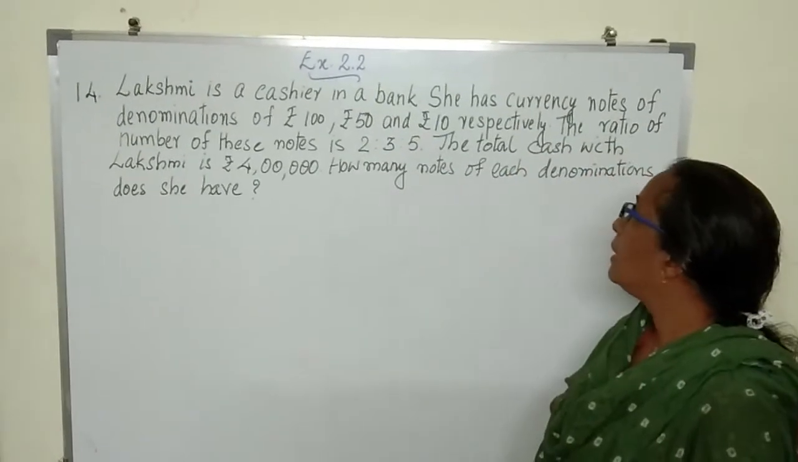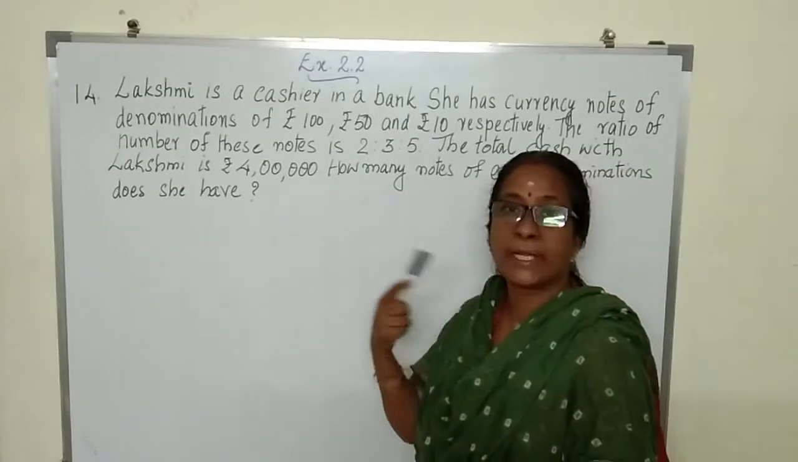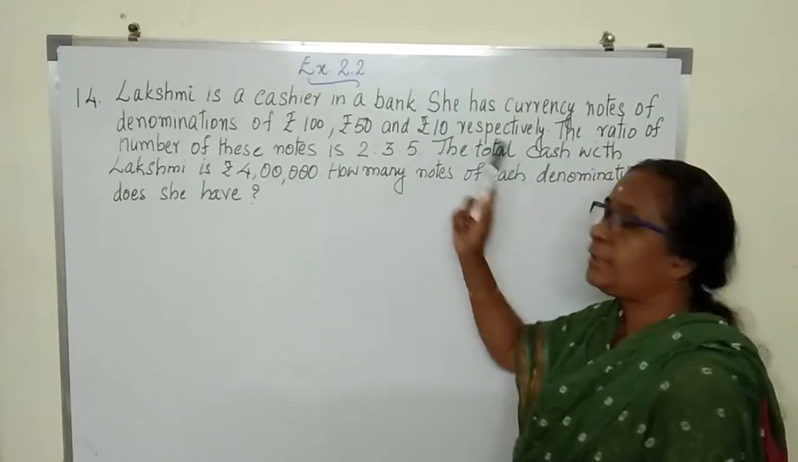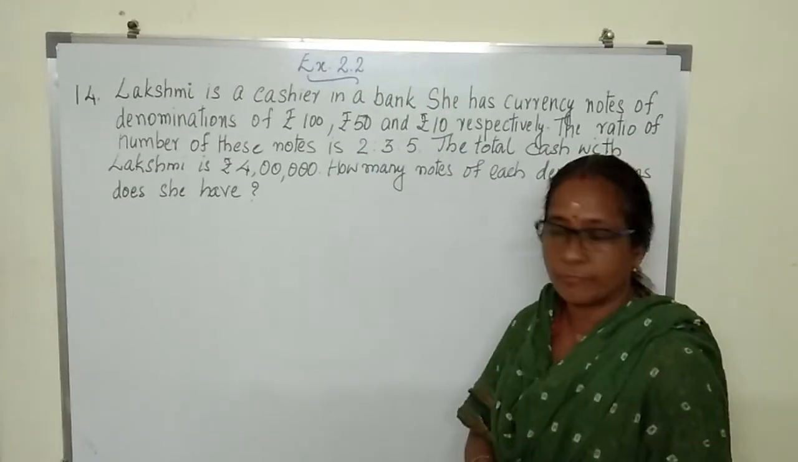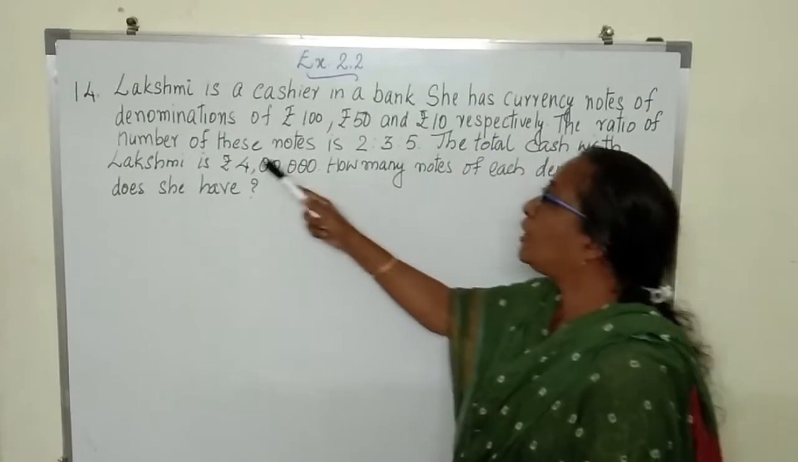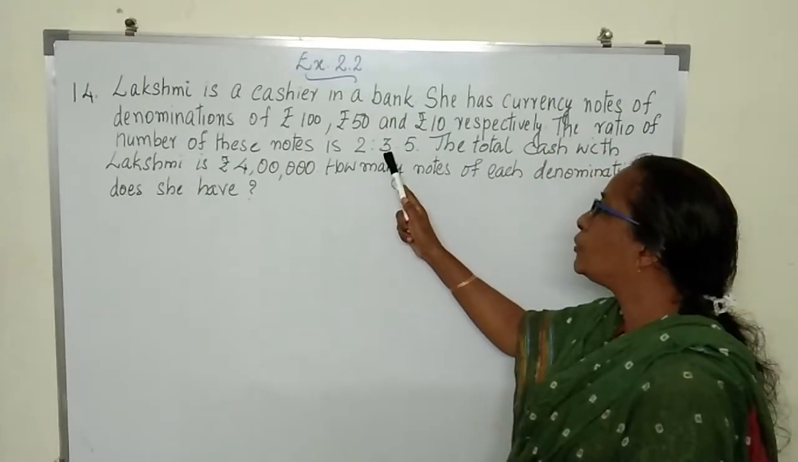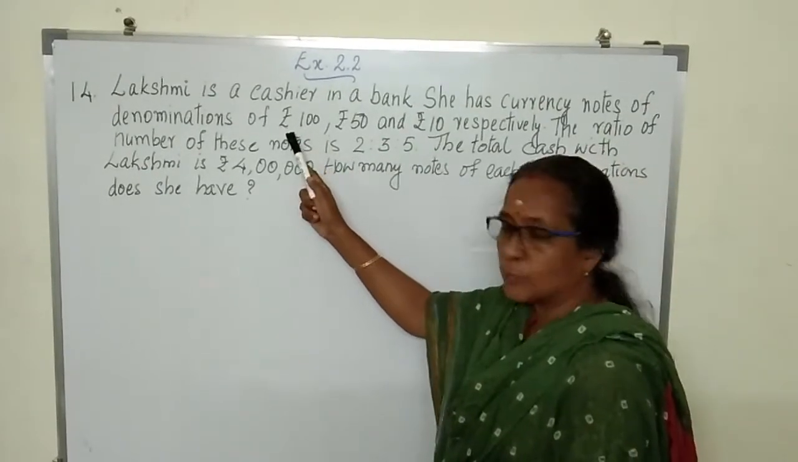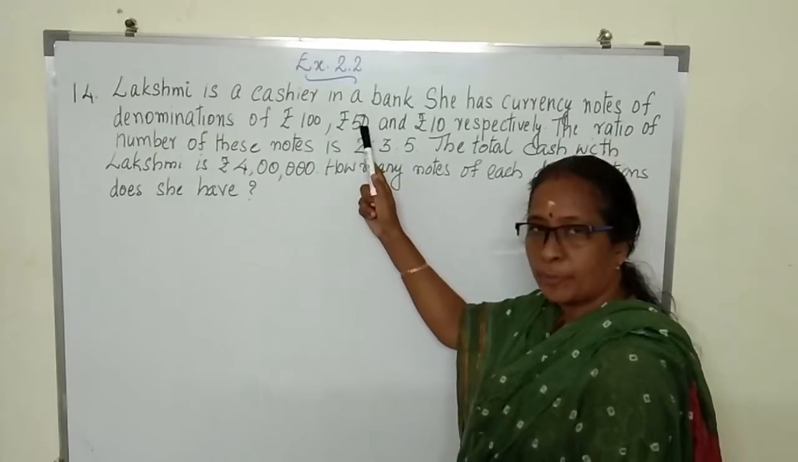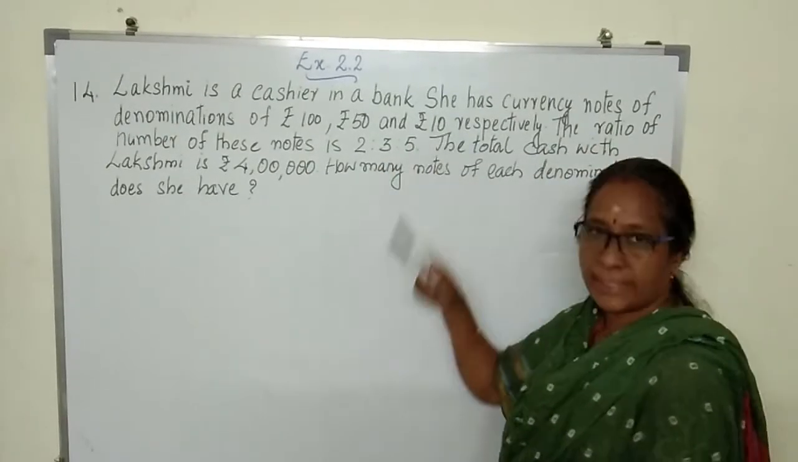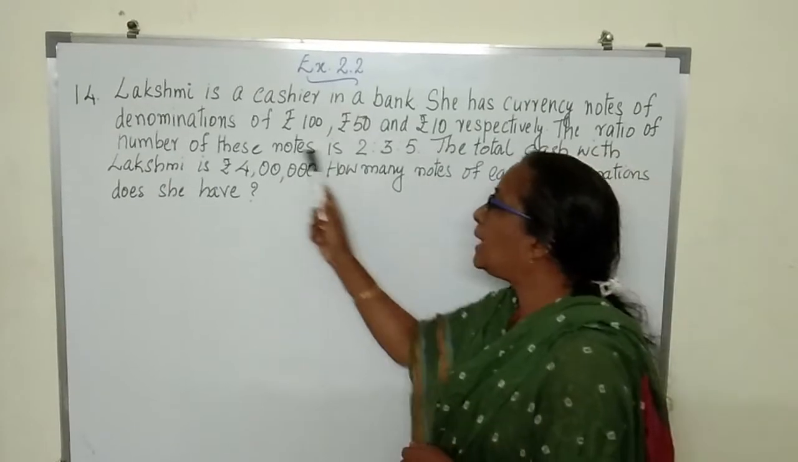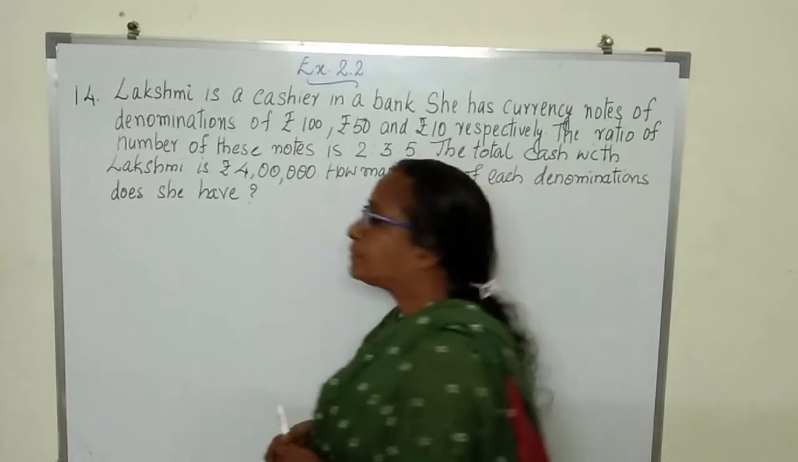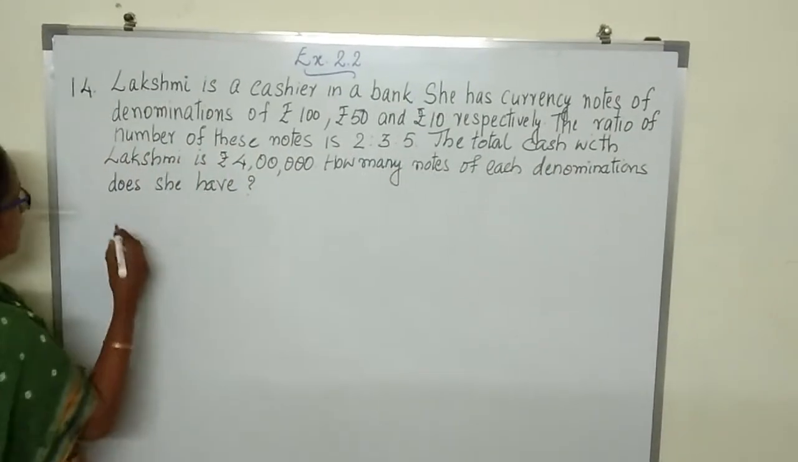What is given? What are the denominations of the notes? 100 rupee notes, 50 rupee notes and 10 rupee notes. We don't know how many of them are there. The ratio of the number of these notes is 2:3:5. That means there are 2x 100 rupee notes, 3x 50 rupee notes and 5x 10 rupee notes. And the total amount with Lakshmi is 4 lakhs. So what we will do, let us take number of